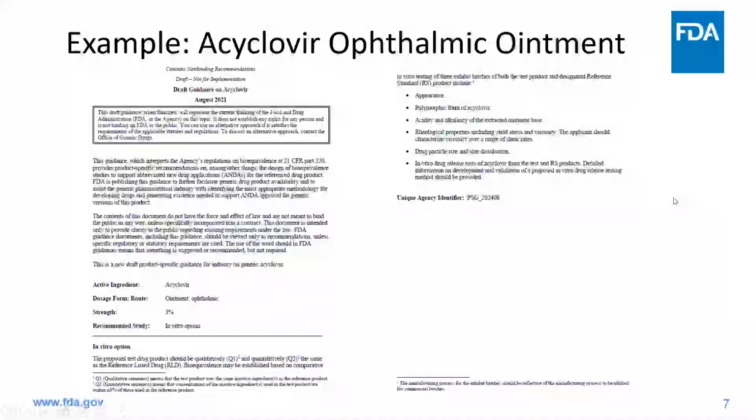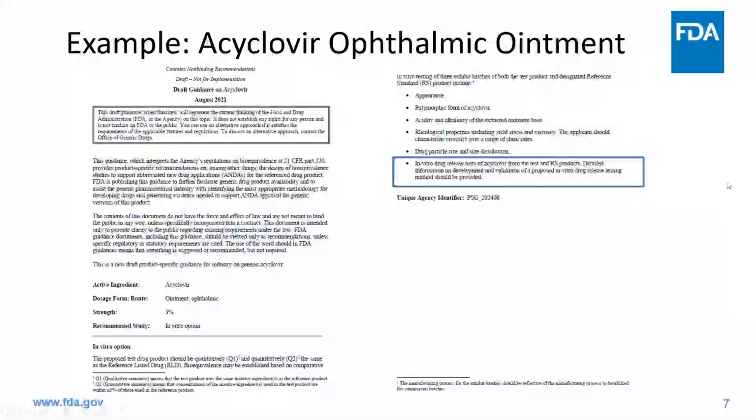So this is a more detailed example about acyclovir ophthalmic ointments. This product specific guidance, recommended in August 2021, recommends using an in vitro option to demonstrate bioequivalence between the test versus the RLD products. And